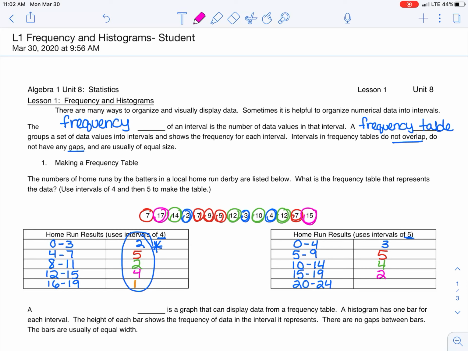And we're actually out of numbers. So that means the frequency for 20 to 24, there are no numbers between 20 and 24. So that's just going to be a 0. So that is how we create a frequency table. Like I said, that's going to be very important whenever we go to